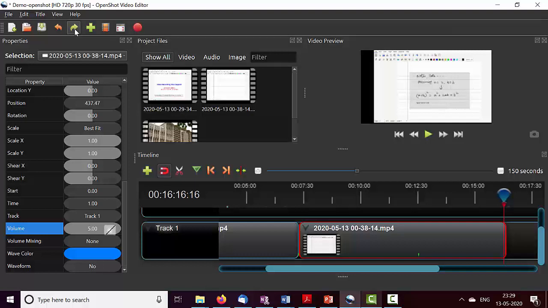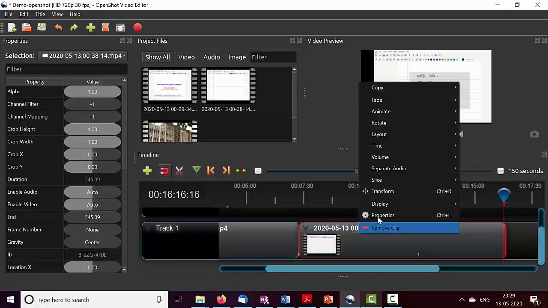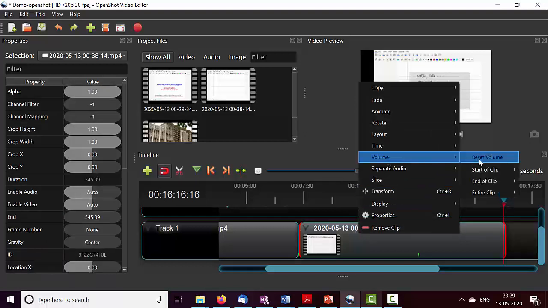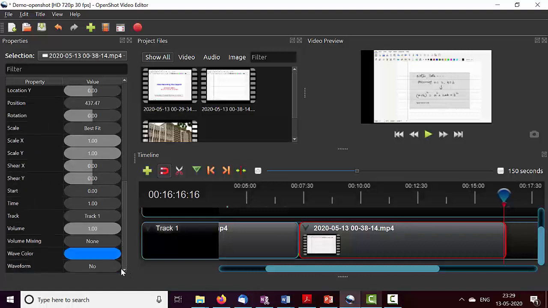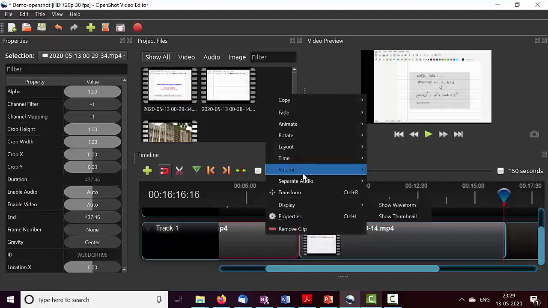Here, if you have made any mistakes, you can always use undo. One other thing you can also do, if you want to reset everything to the beginning, is to select the clip, go to volume, and say reset volume. Now when you do this, if you see the properties, it has gone back to 1. So this is in case you made some mess up and want to start again from a clean slate. Select whatever clip you want, go to volume and reset. That will take it back to your original recording volume.